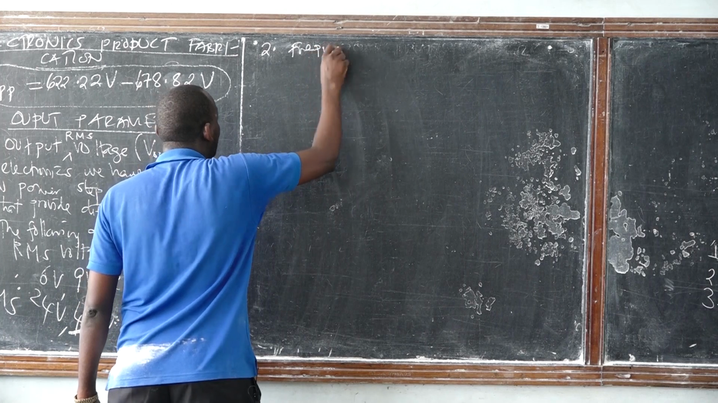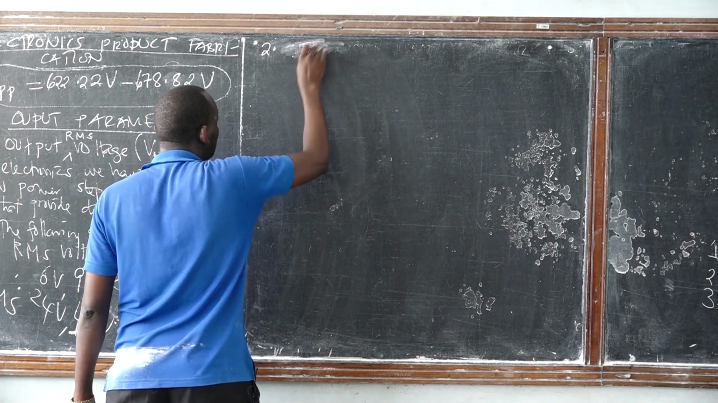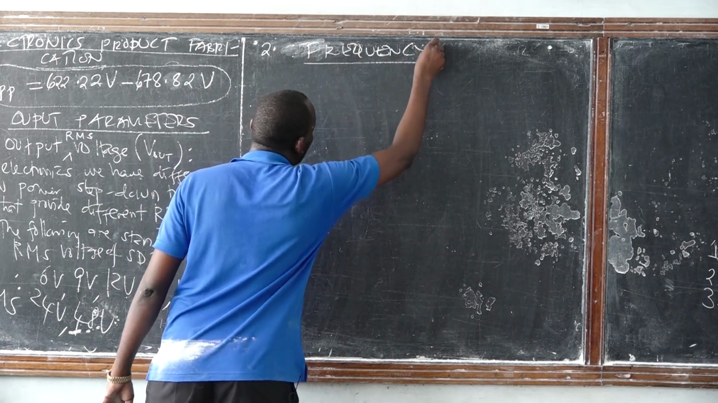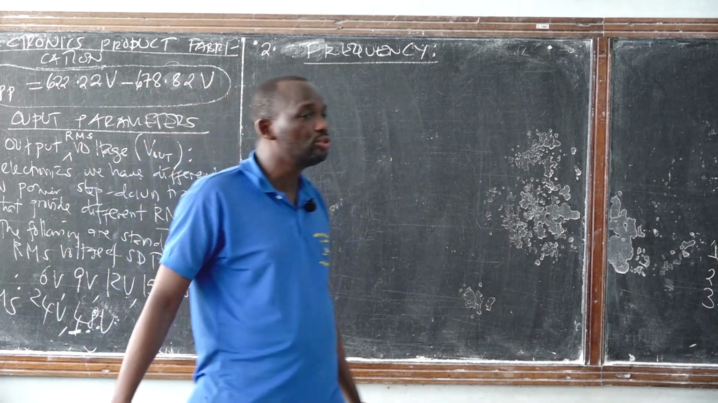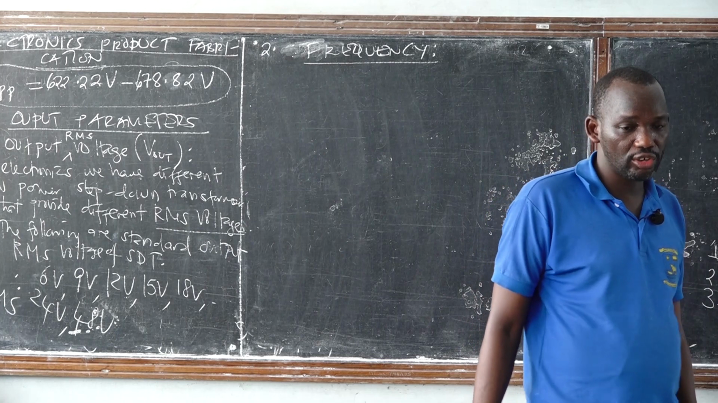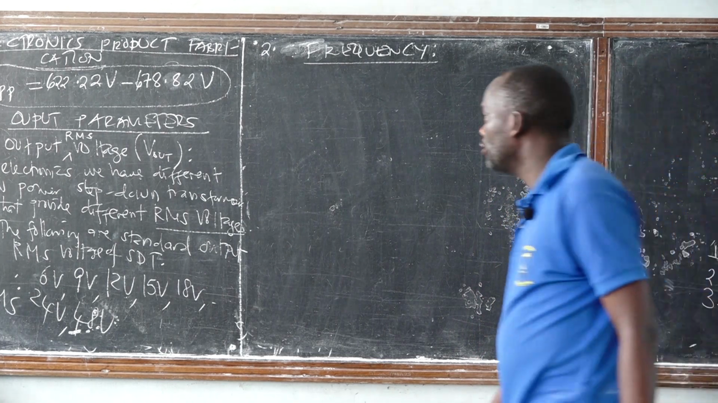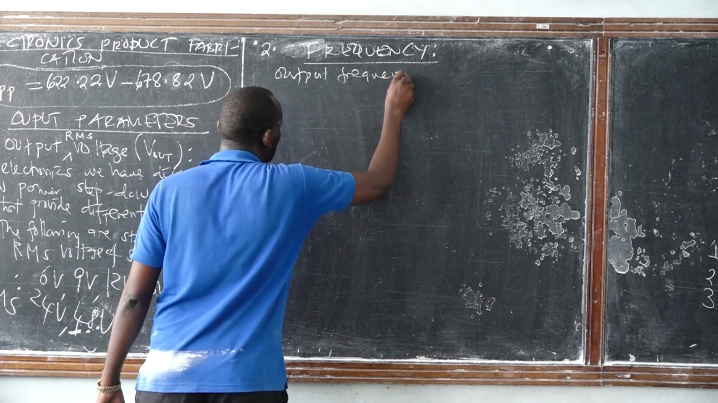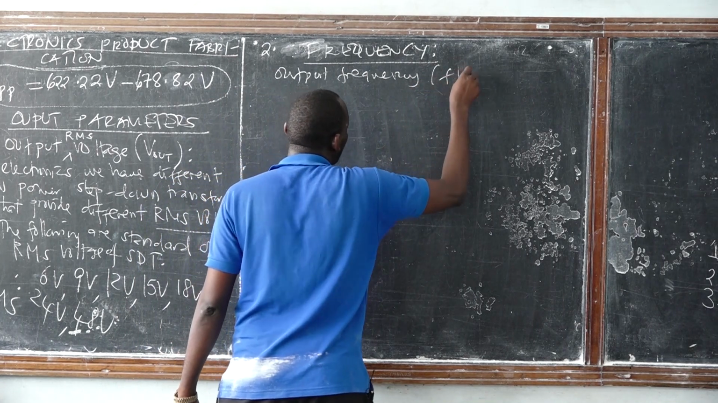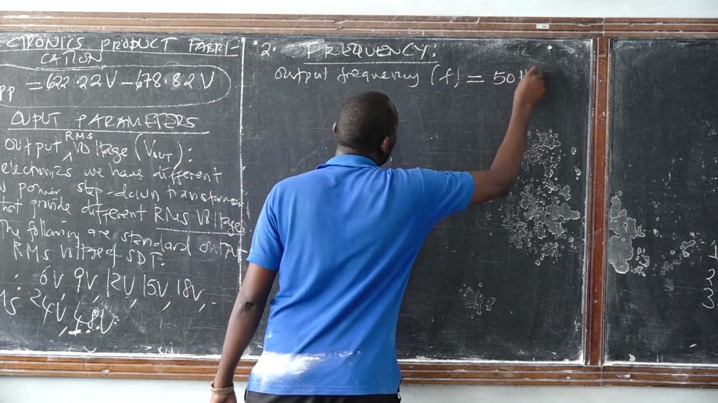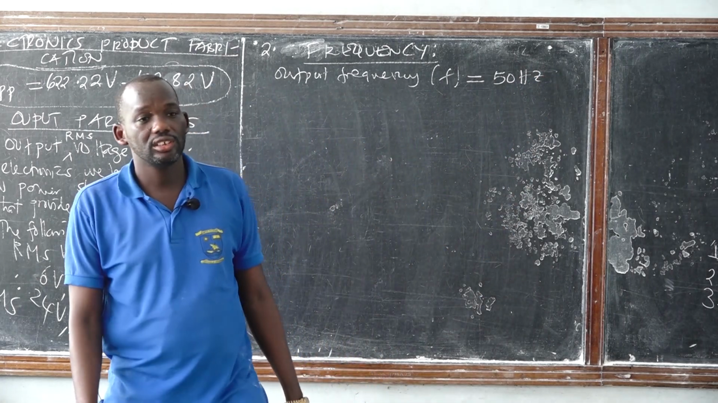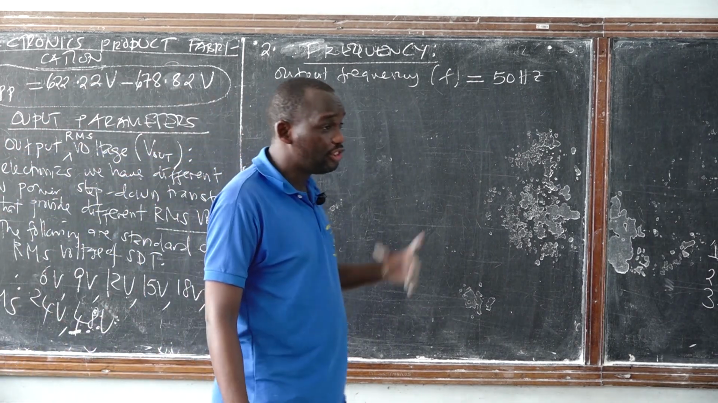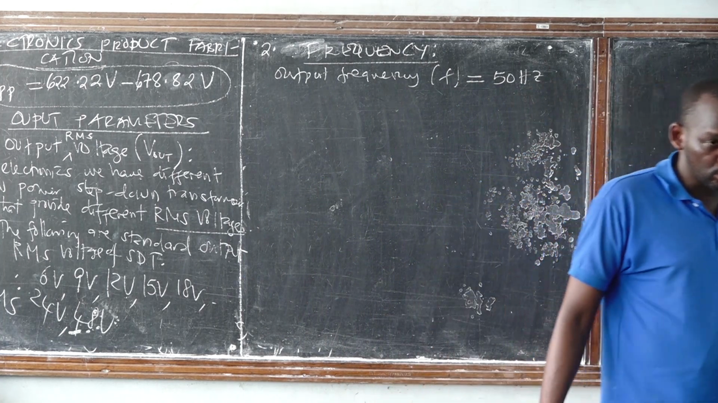Frequency. If you just want to discuss according to what we have discussed in input, the transformer has nothing to do to alter the frequency of the alternating signal fed into it. So the output frequency, which is f, is still equal to 50 hertz. Half. But now you see the root mean square has been reduced from 220 or 240 volts to